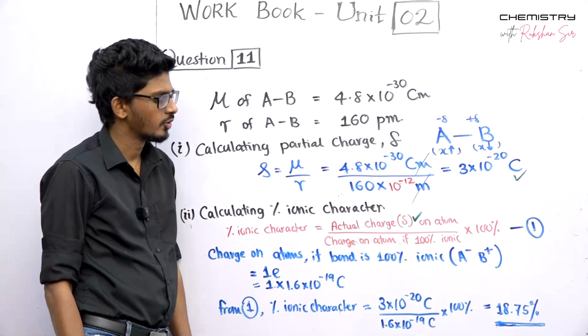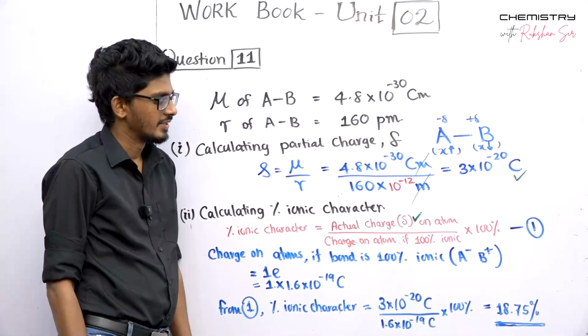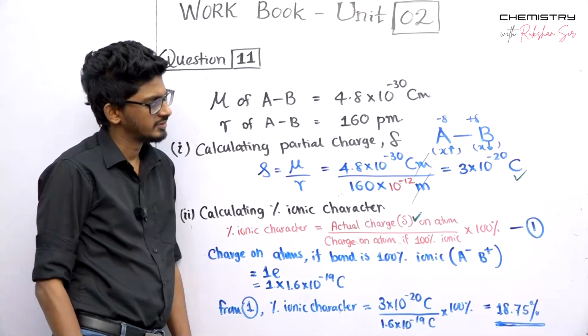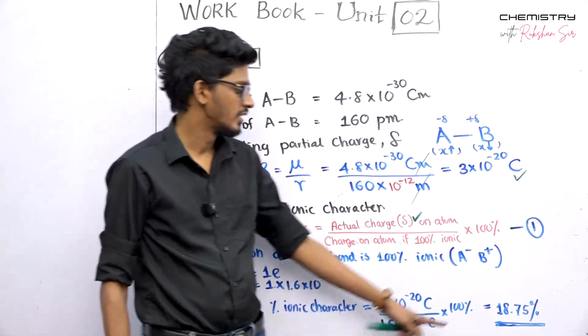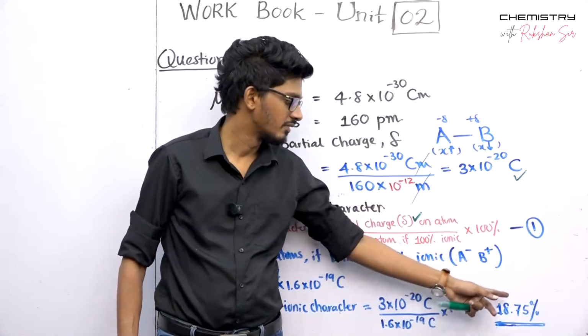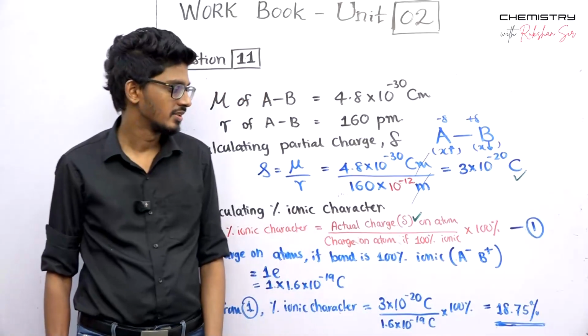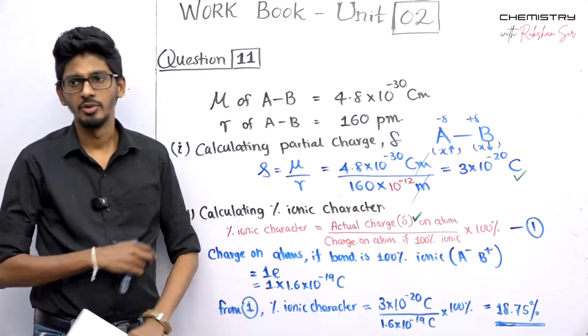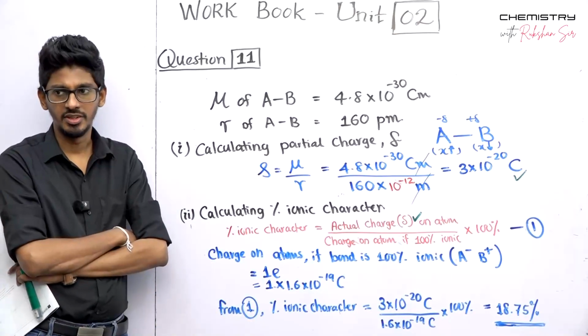Rest is with the covalent character. 81.25 of covalent character is there with the bond and 18.75 of ionic character with the bond, right? That is how you're supposed to do this kind of calculation,